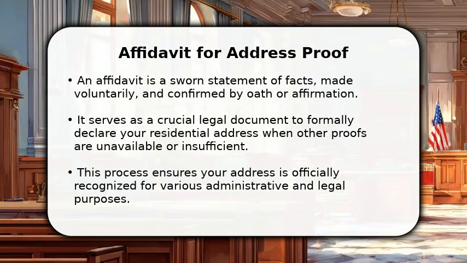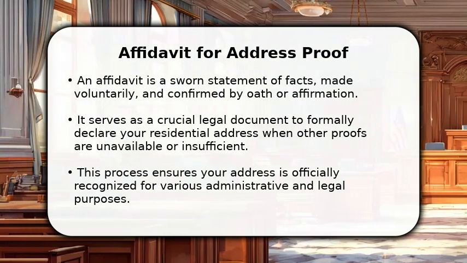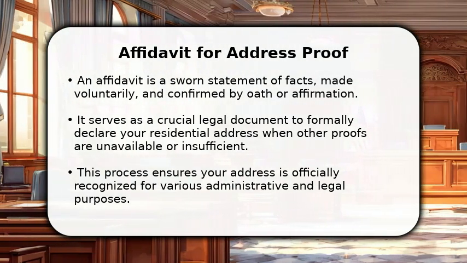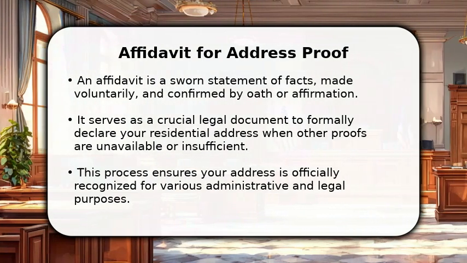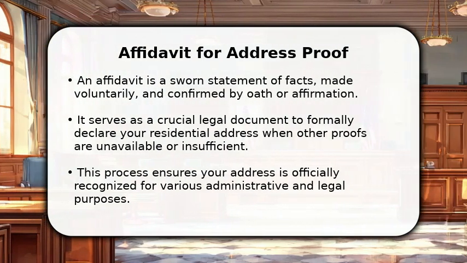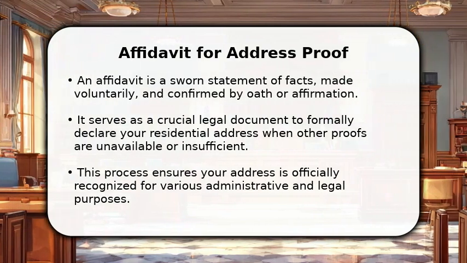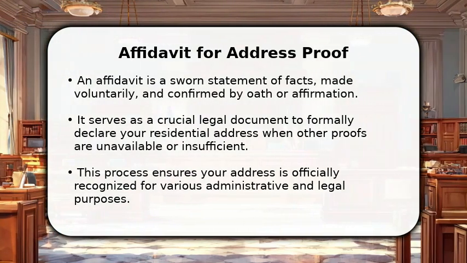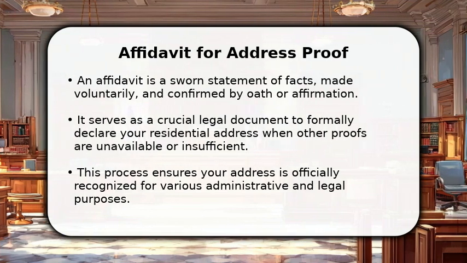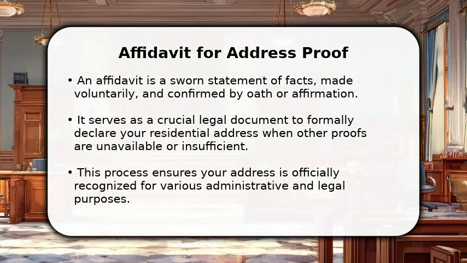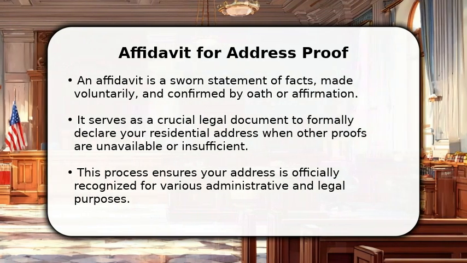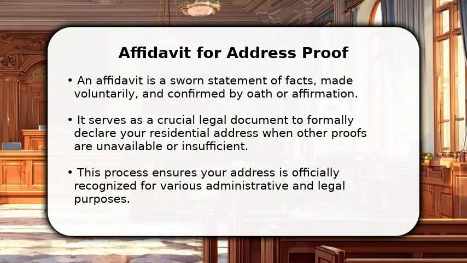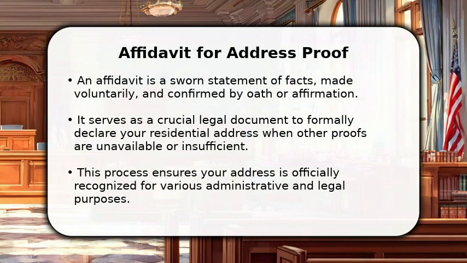In this video, I will explain how to make an affidavit for address proof. An affidavit is a sworn statement of facts, made voluntarily and confirmed by oath or affirmation. It serves as a crucial legal document to formally declare your residential address when other proofs are unavailable or insufficient. This process ensures your address is officially recognized for various administrative and legal purposes, providing a reliable and verifiable record